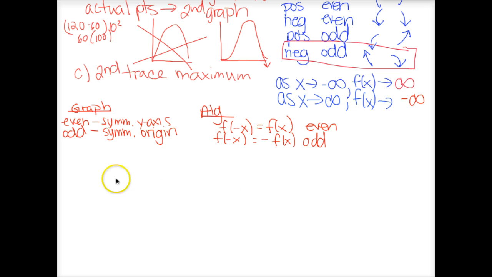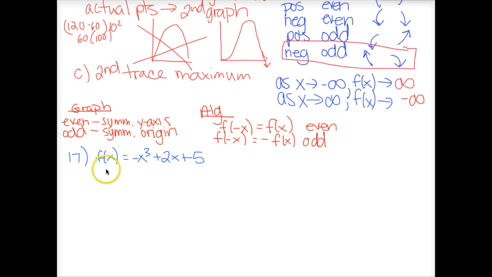So I'm just going to pick one. You had 3 within the review to look at, but I'm going to do number 17. The original was f of x equals negative x cubed plus 2x plus 5. Now, if I want to know if this is even or odd, I can do it either way because it didn't specify. On the quiz, you're going to have at least one of each, so you have to know both